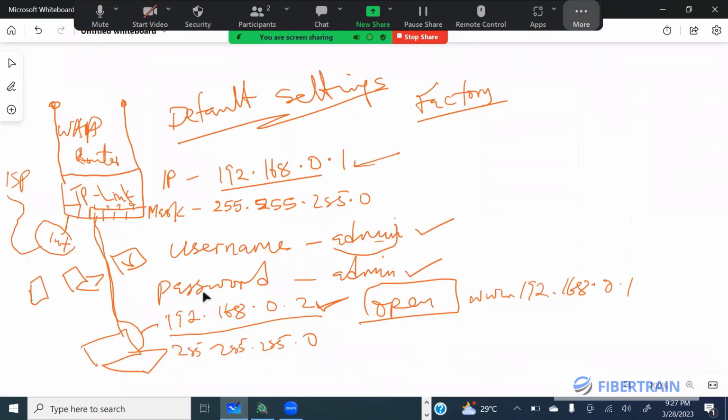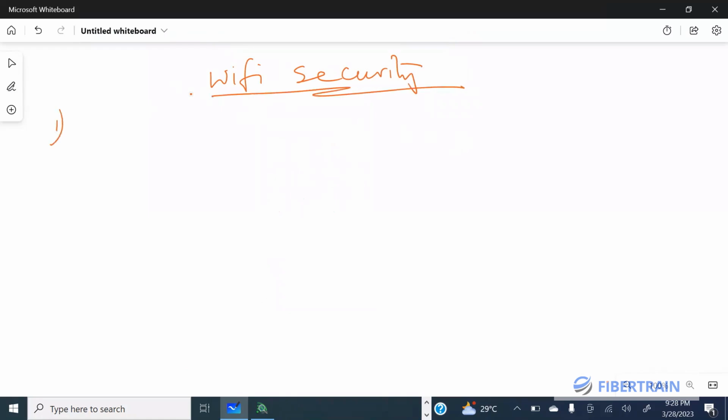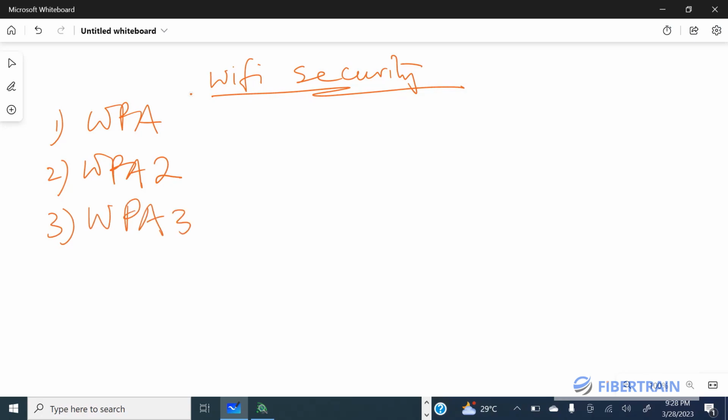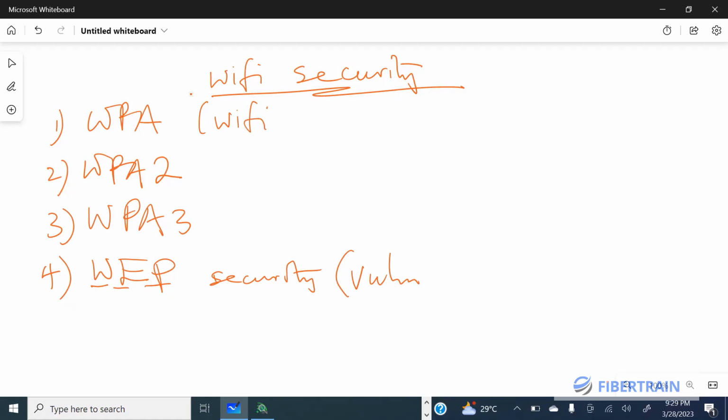What that means is we basically have WPA, we have WPA version 2, and we have WPA version 3. And this one that I'm putting number 4 is no longer in use, and is the weakest. This is WEP, Wired Equivalent Privacy. Wired Equivalent Privacy is not secure. Don't use it. Security here is vulnerable. So WPA actually means Wi-Fi Protected